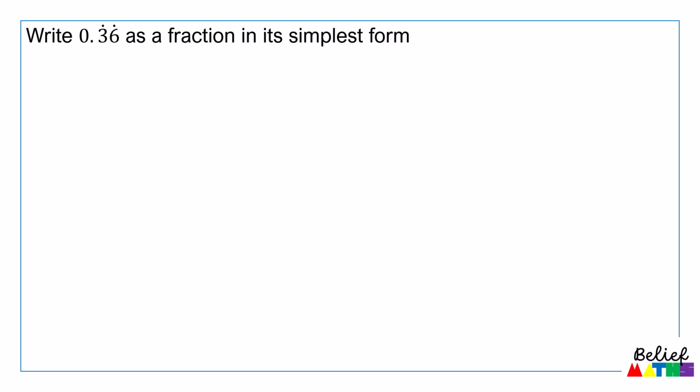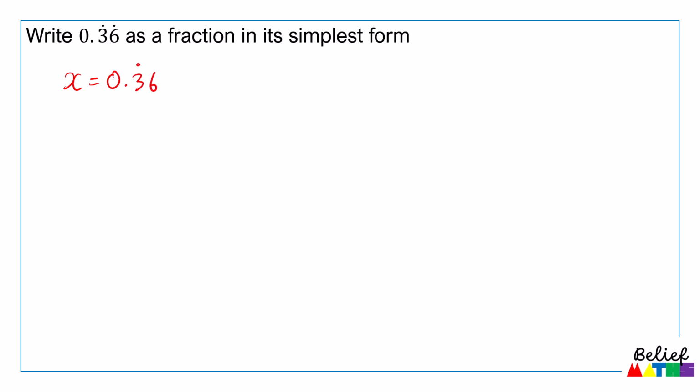Now we're looking at recurring decimals and 0.36 recurring as a fraction in its simplest form. Now you may have seen these before and you may be able to do them in your head. However, the method I'm going to show is the algebraic method, because often you get questions where it says prove algebraically that this recurring decimal equals this fraction, and you have to know this method, so it's quite a useful one to know. So the first thing we're always going to start with is we're going to say x is equal to what we have,